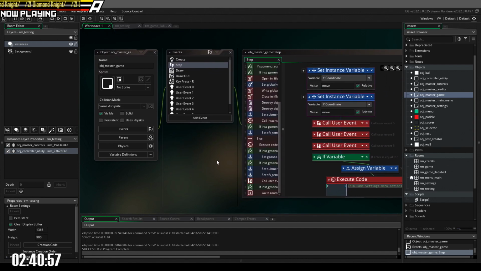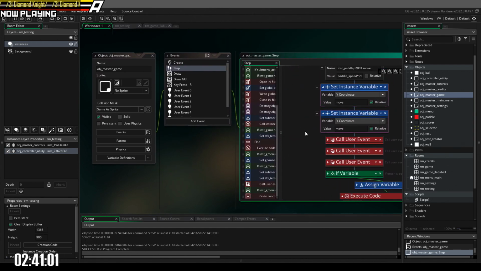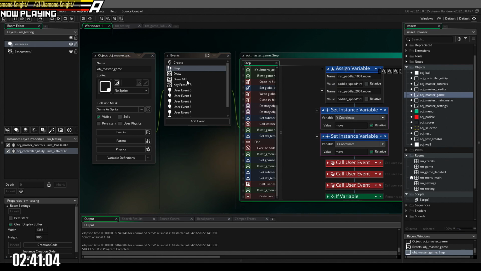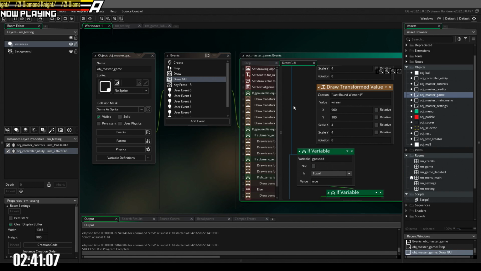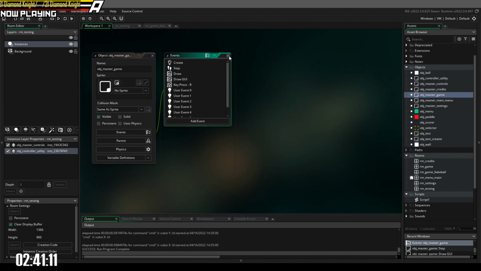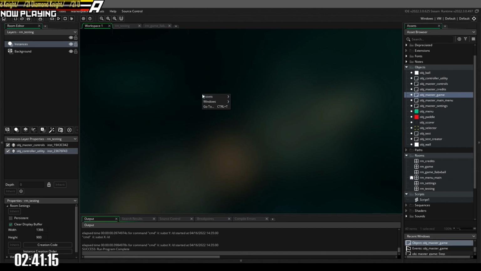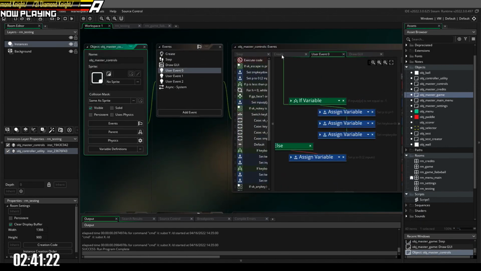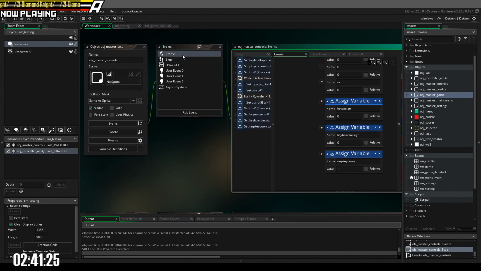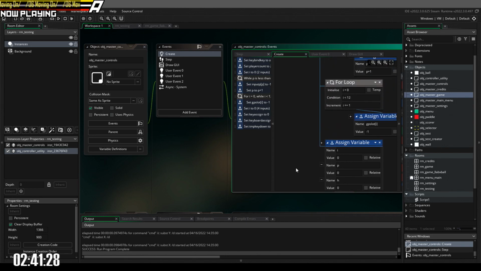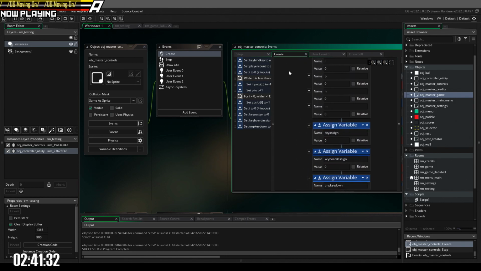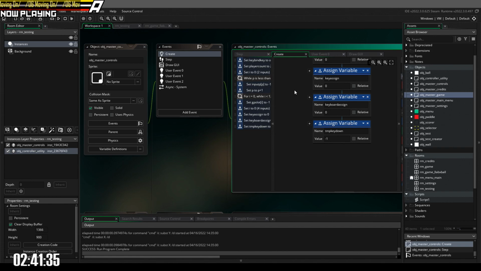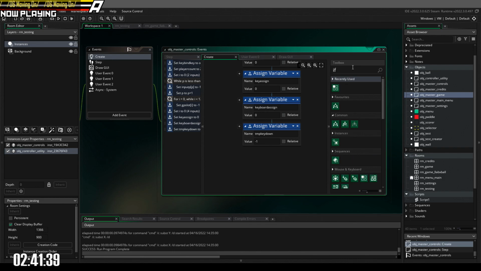Okay, so let me just, actually, I don't really need to do anything special in here. What I would do is draw a GUI. Maybe. Okay, so let's do this in that case. You know, let's just do this for funsies. If variable, if current room